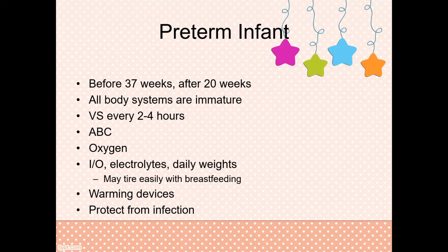One of the things with preterm infants is their sucking and swallowing reflex may be very immature. Remember, if they're premature, they weren't ready to come out yet. So that suck and swallow reflex may be gone, or it may be very immature. And so breastfeeding, they would tire easily. And a common question that we get is, why would we give them a bottle over a breast, or how is bottle less